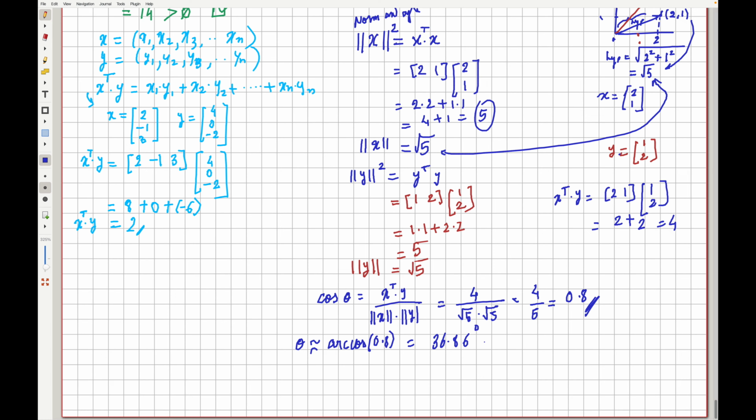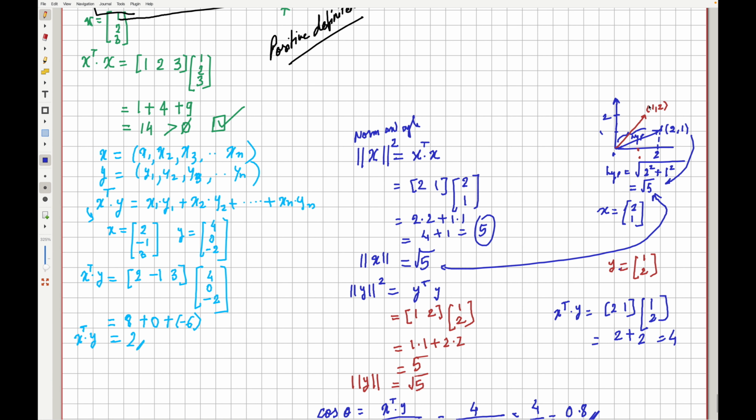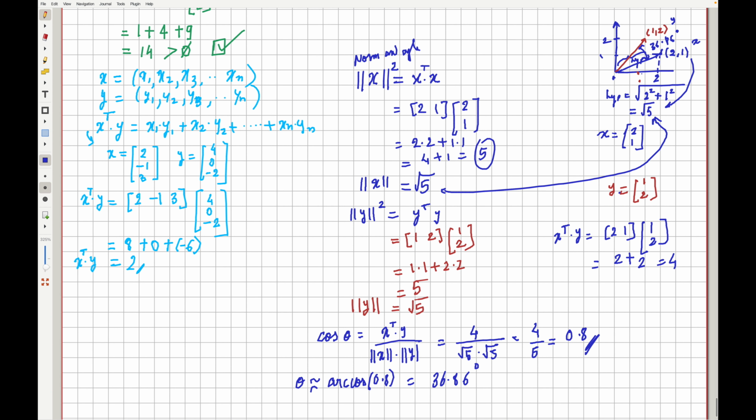So what this tells us is that if we look at these two vectors, x and y, the angle between them is 36.86 degrees. And that is a really interesting property, because if we had another vector,